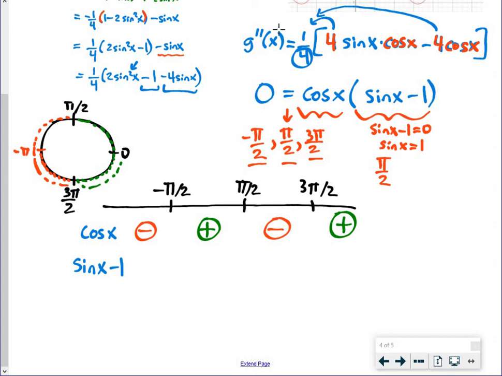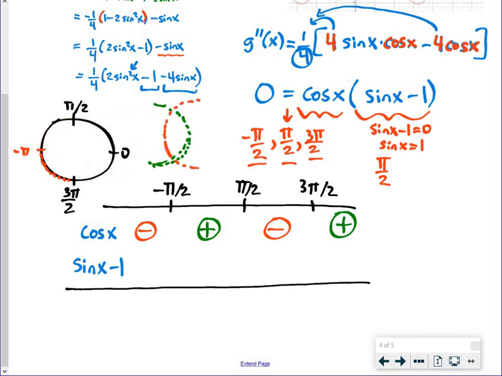Okay, next we're looking at sine x minus 1. At best, the biggest that sine x ever is 1 at that point, right? And if you subtract 1 from 1, you get 0. So going from